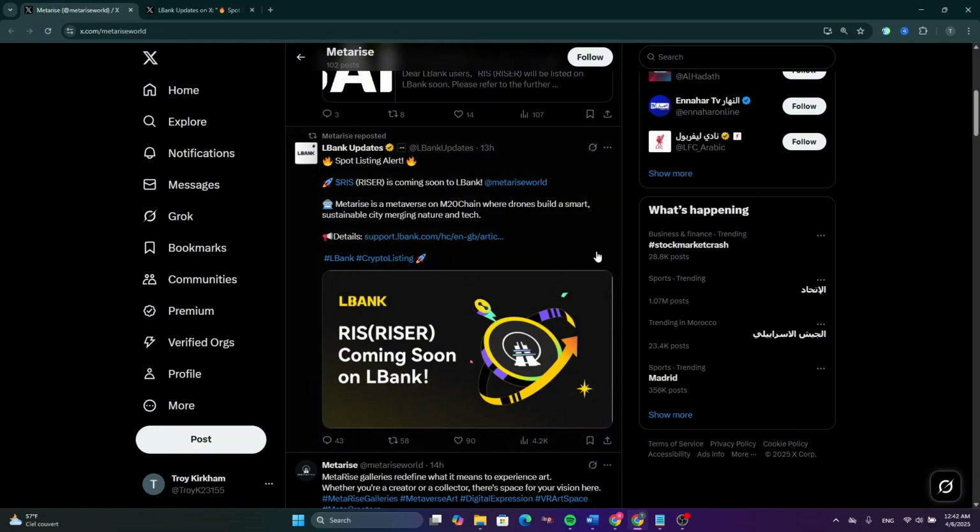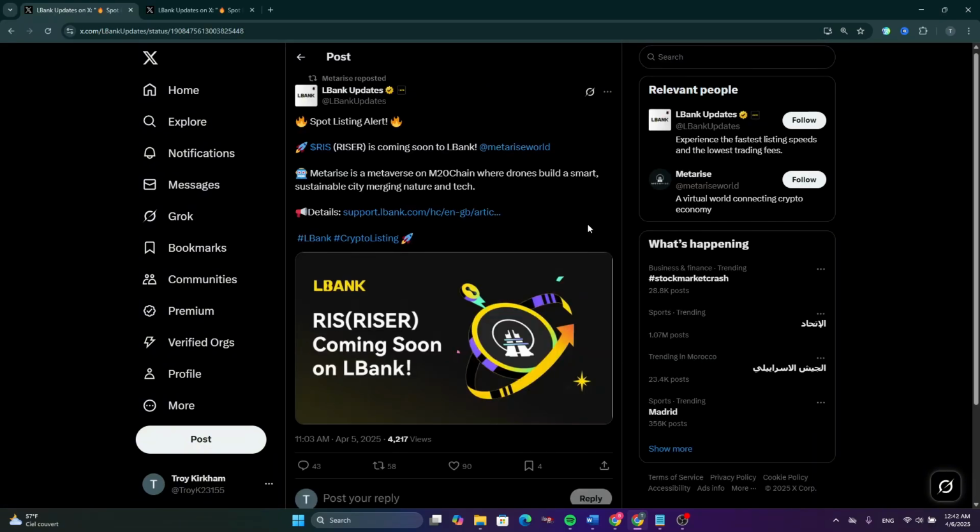and keep following updates about this token. So one of these updates, as you can see, they reposted this post from the LBank account. As you can see, this here says coming soon to LBank. So MetaRise is a metaverse on M20 chain where drones build a smart and sustainable city merging nature and tech. So stay tuned until they list this token on their platform, and you can be able to buy this token